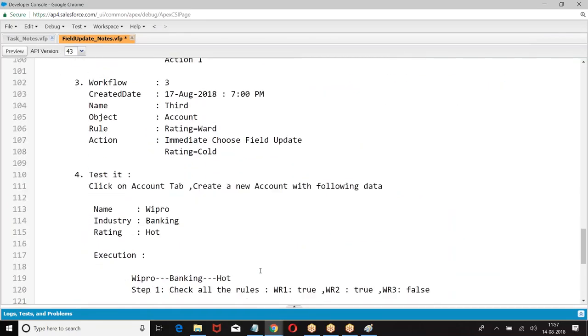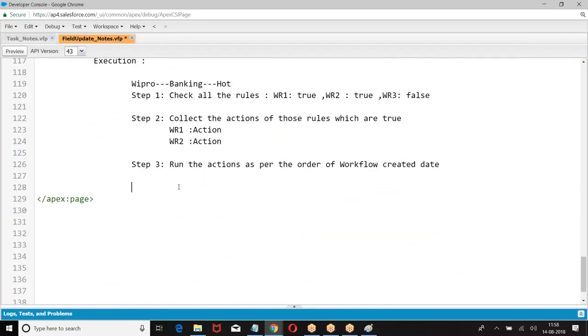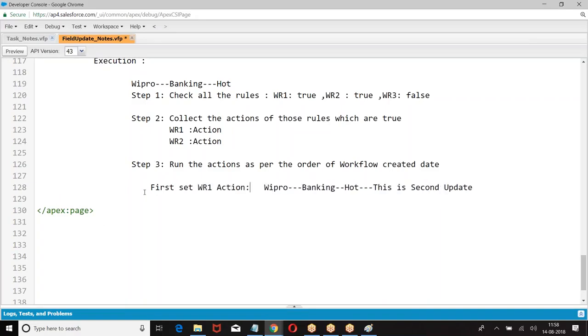Followed by, so this will be coming like this. First run the first action.